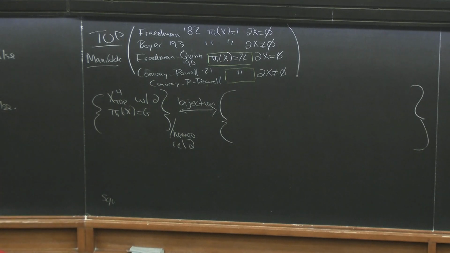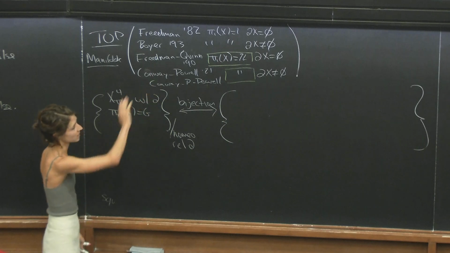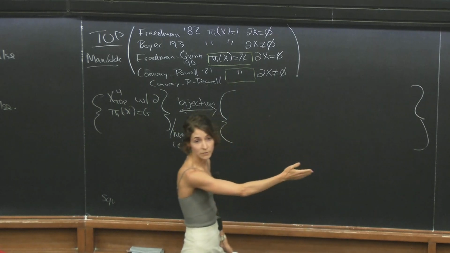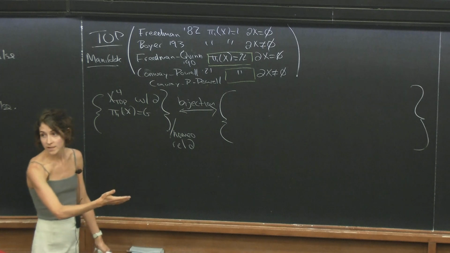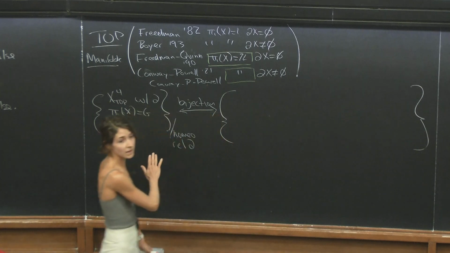So the way I'm going to state this now is sort of more intuitively. If you start with a 4-manifold with these properties, what are the pieces of data you need to write down to completely capture the manifold? But we do also have a realization statement. So if you give me those invariants, then I can give you a manifold.